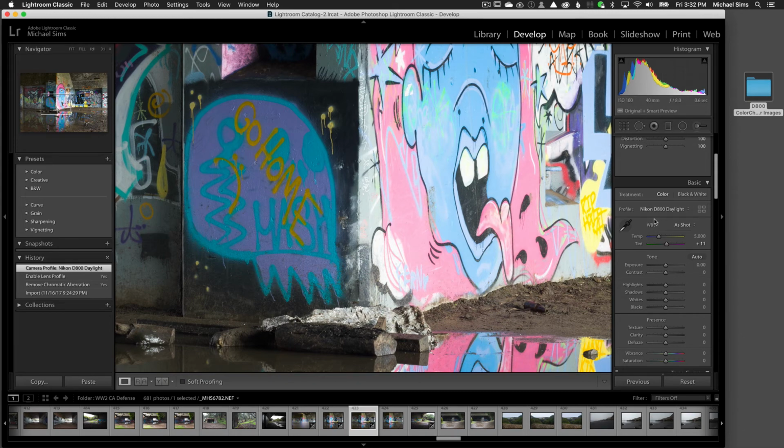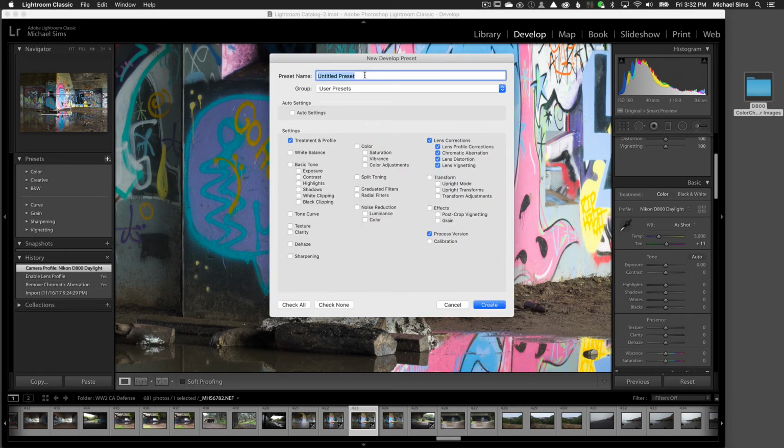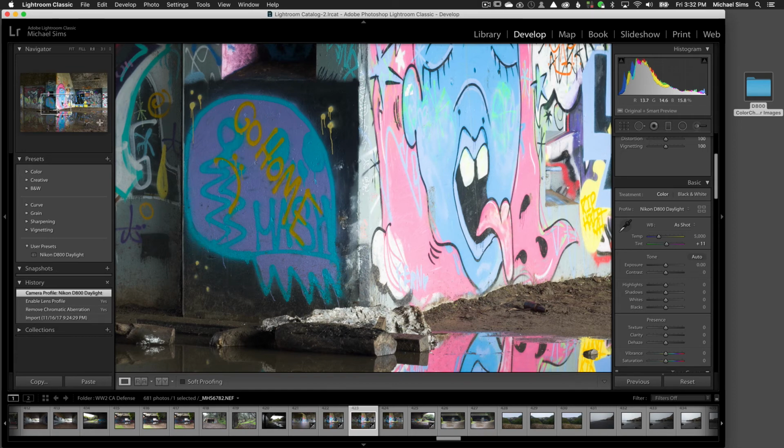Now, once this is created, I haven't done anything else to this file. I can come over and hit Create Preset and call this Nikon D800 Daylight. I'm going to want lens correction and treatment and profile. I can click Create, and now if I want to apply this automatically next time I import any of my images that are shot with this,